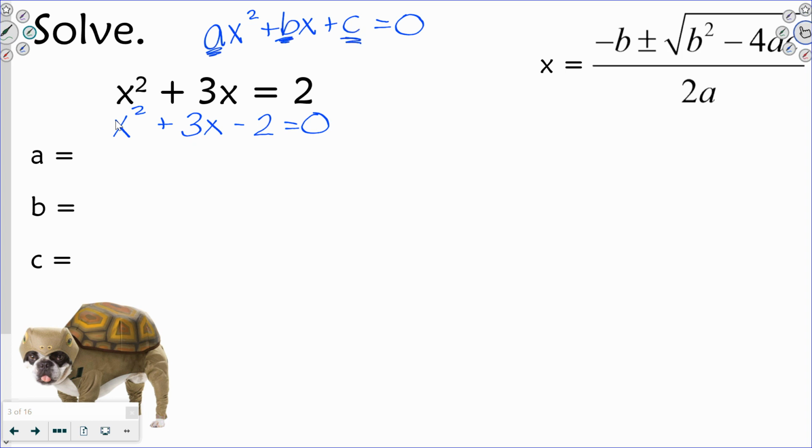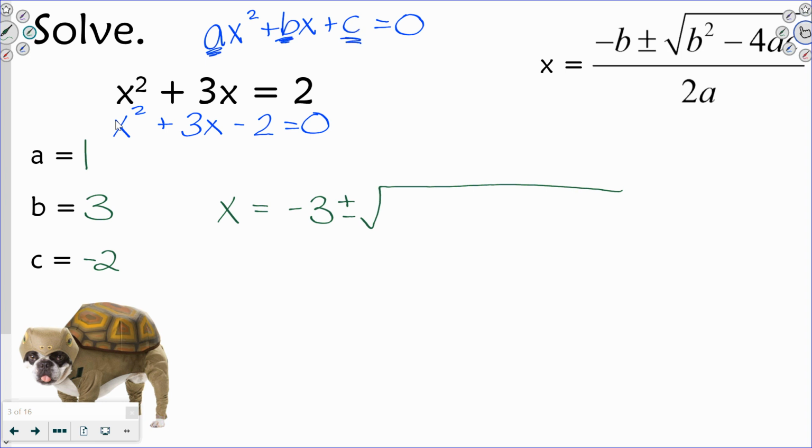I want a number, not a variable. 1. Yep, the number in front of that is just 1. Your b? And your c? Negative 2. Yeah, whatever sign is in front is going to stay with that, okay? All right, then we're just going to plug things in. So x equals negative b, it's going to be negative 3, plus or minus, and we have this giant radical, and underneath